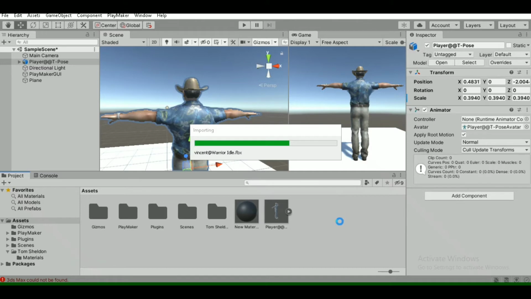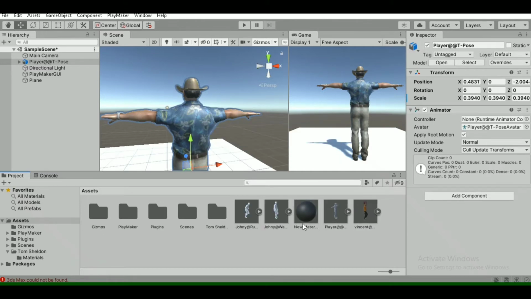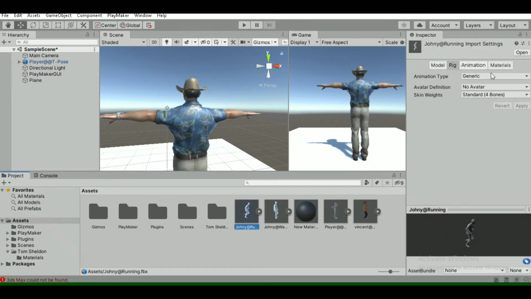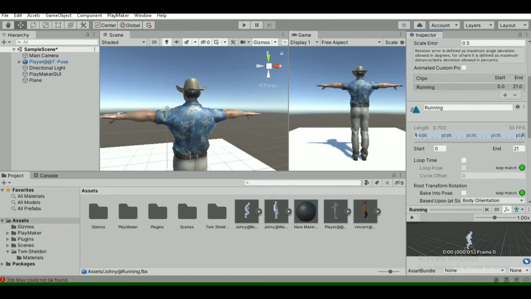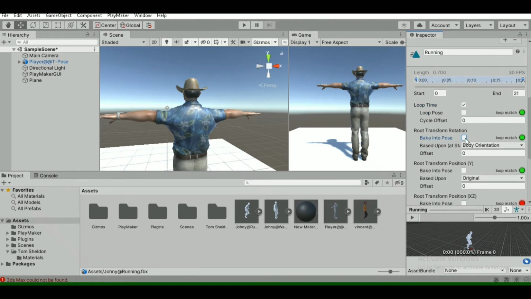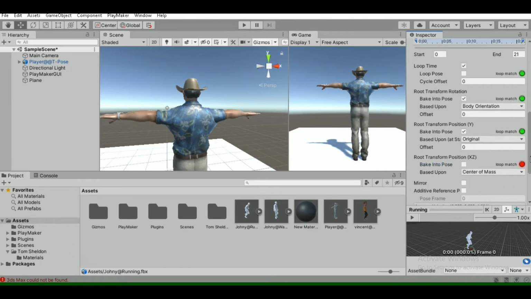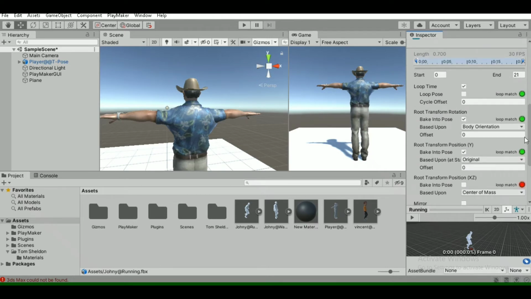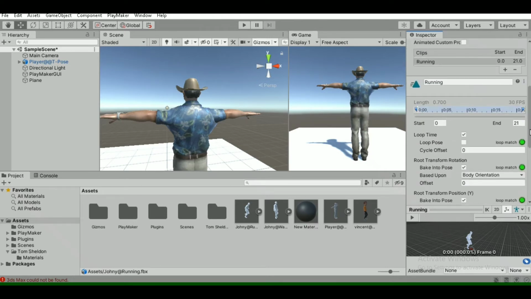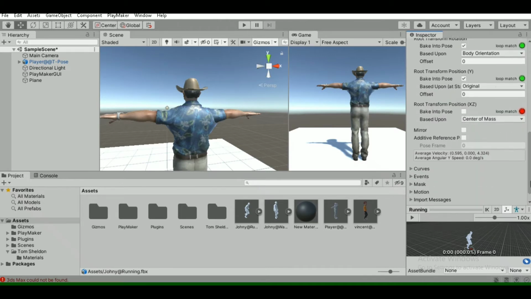Okay, so these are the animations. Just click on humanoid and apply. Go to the animation and check the boxes with the green point. You only have to check those boxes which have this green point, and click on apply.